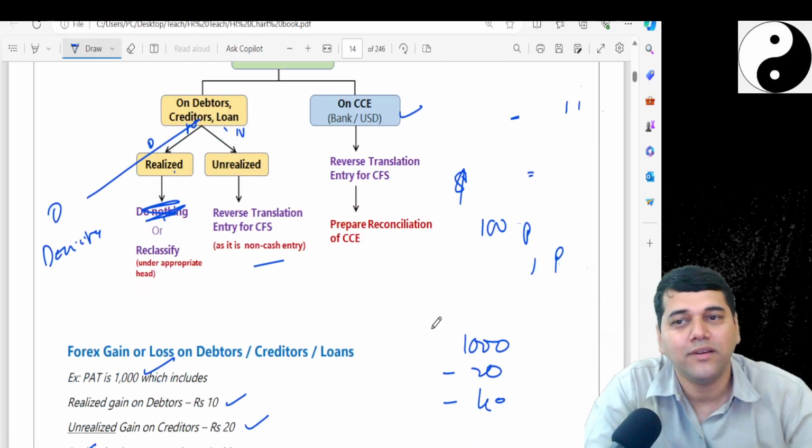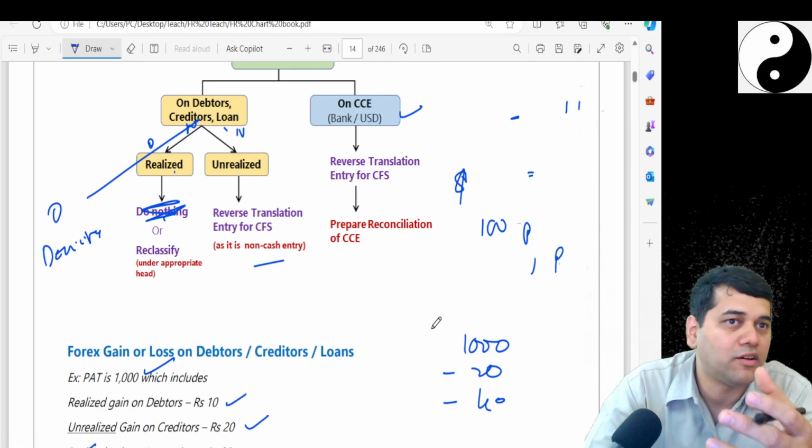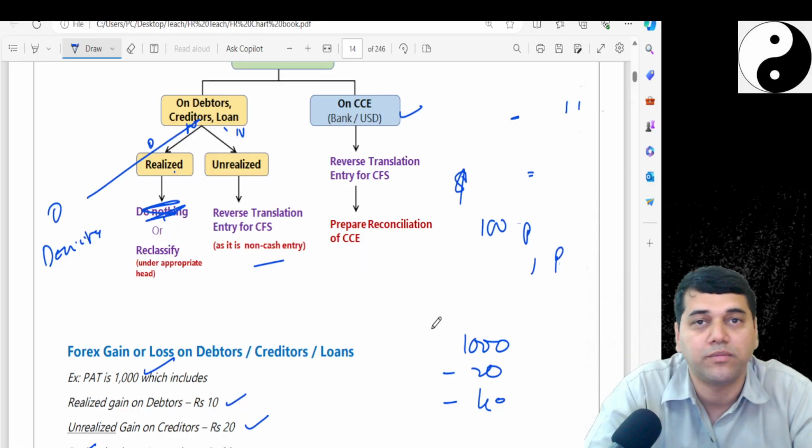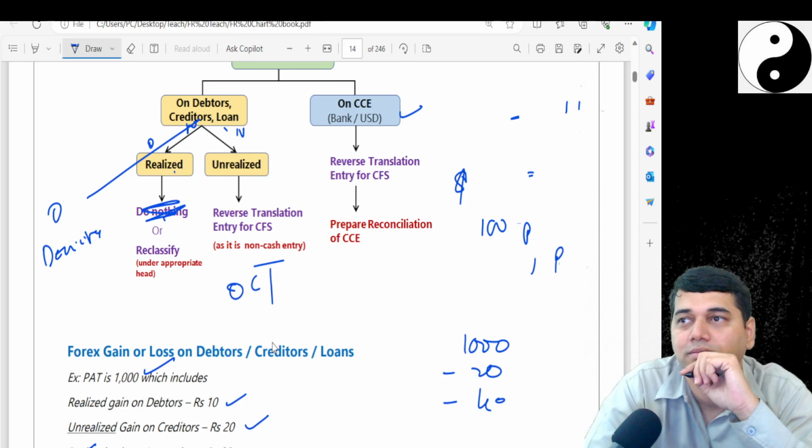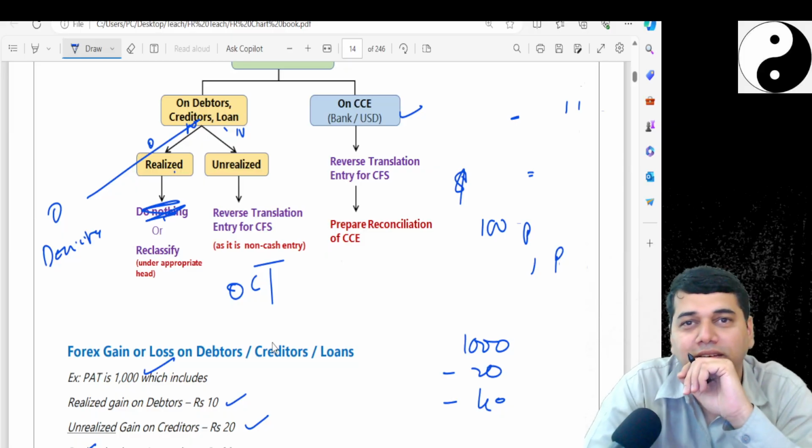Now the gain on forex, whichever is unrealized, restatement, is it not going to OCI as per Ind AS 21? Well, what we are talking about here is P&L. Again,